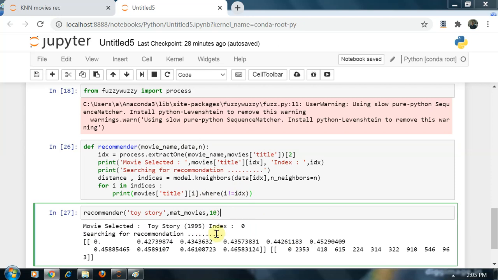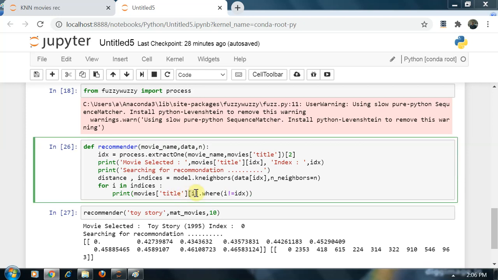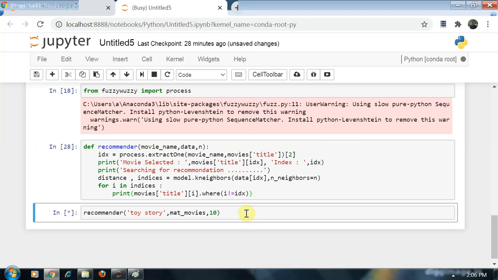That's why I am saying for i in indices, give me the movie titles which have the indices i, the top 10 indices of the movies with the nearest cosine similarity to this, and where i not equals to idx, which means we do not want to print Toy Story again. Now execute this and execute this.